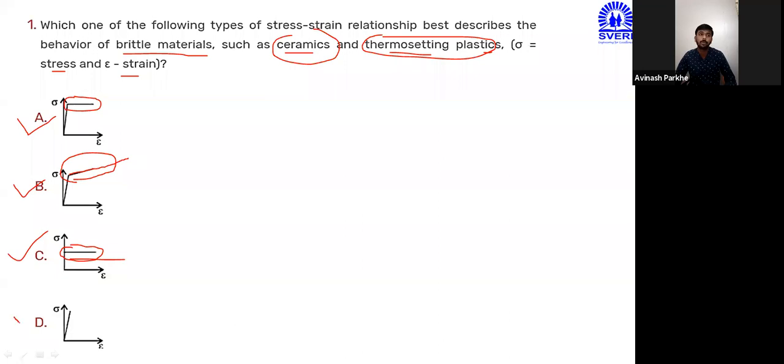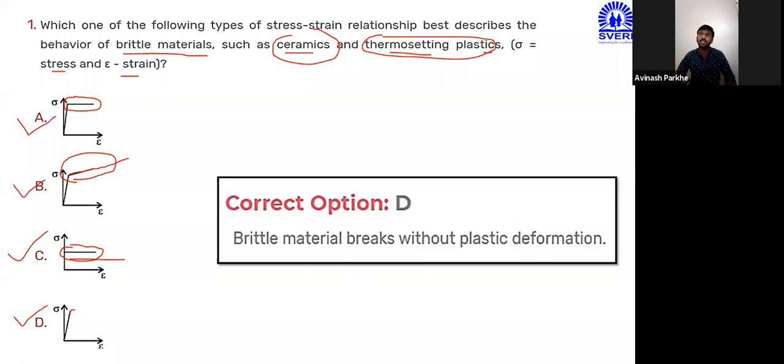But if you think about option D, here they have represented the inclined line. Somewhat inclination is there like this. That means the proportional limit point and breaking point are very close to each other. And for that purpose, your option D is correct. And why? The answer is represented here.